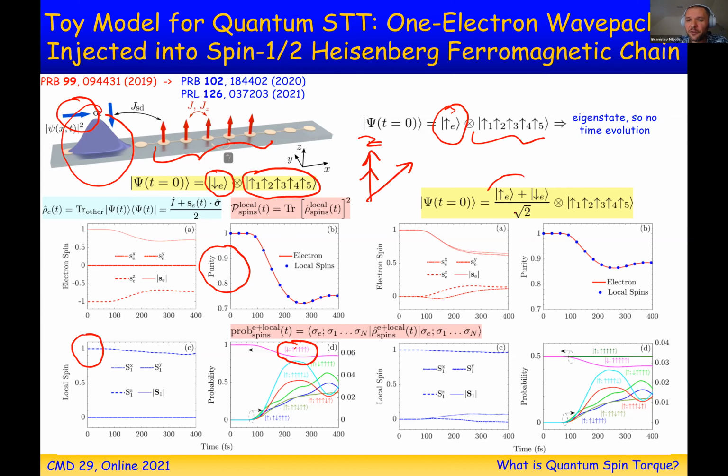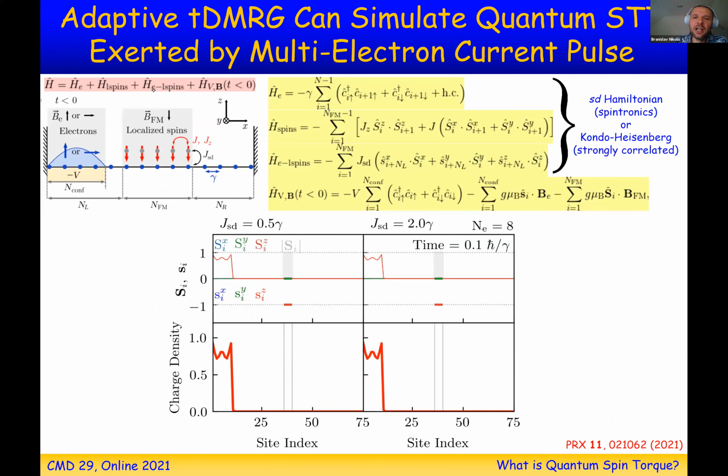Well, you could say, what would happen if I inject something which is tilted with respect to local spins? And something tilted in quantum mechanics means just a superposition of up and down spins. There is nothing rotating. And if you inject, this component doesn't do anything. This one does something. And once I put these figures next to each other, I realize it's the same thing. The only thing which changes is that these probabilities are divided by 1/2 due to this prefactor here. So this is the simplest picture of torque, and people have picked up on this, and you can quickly write a paper and understand something. But if you want to inject 2, 3, 5, 10 electrons, you need bigger guns.